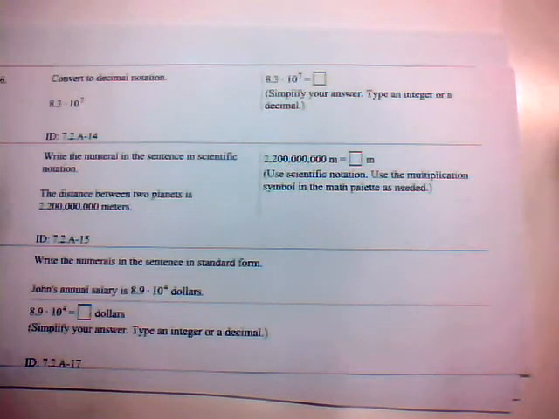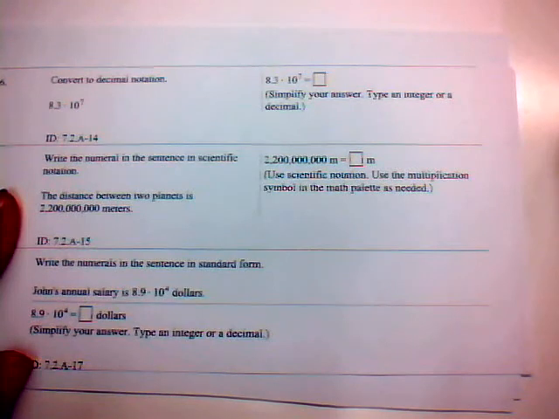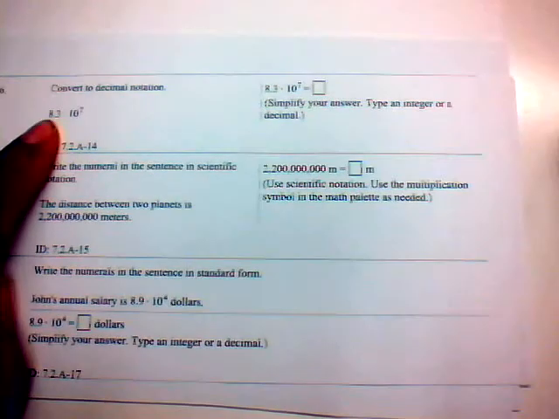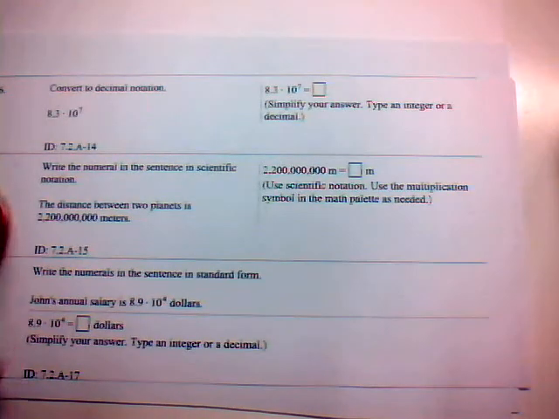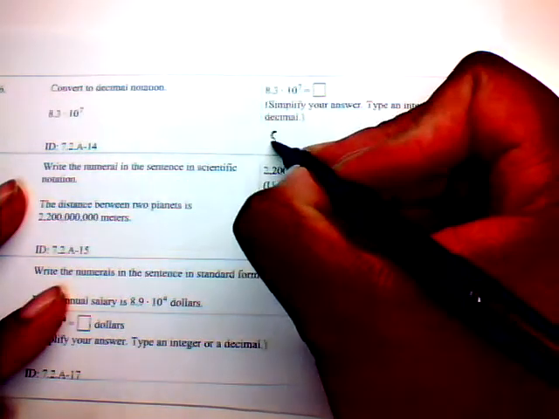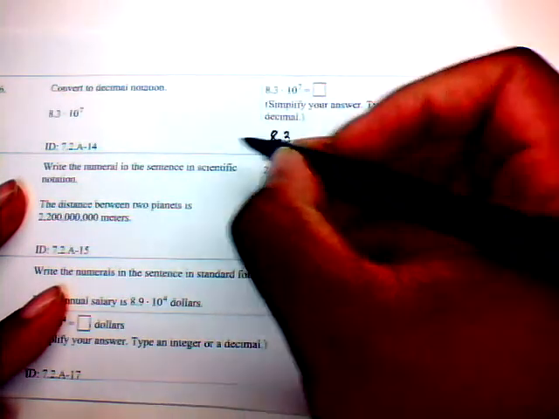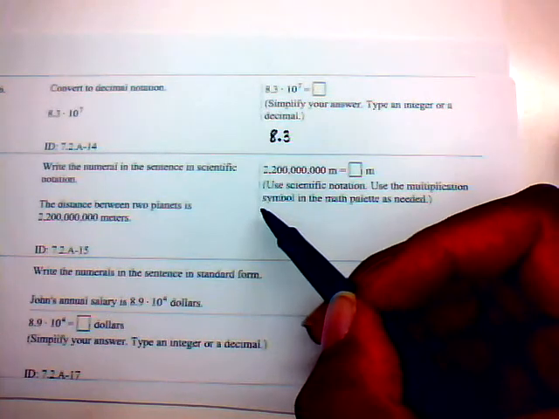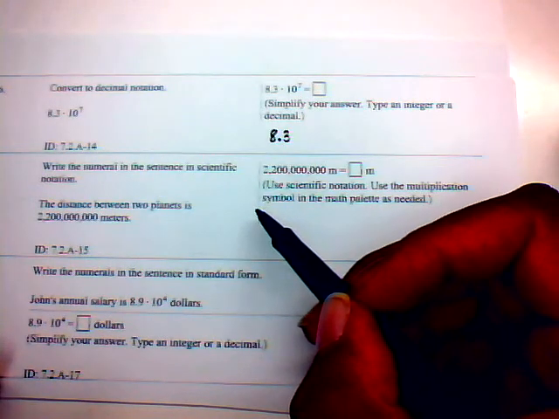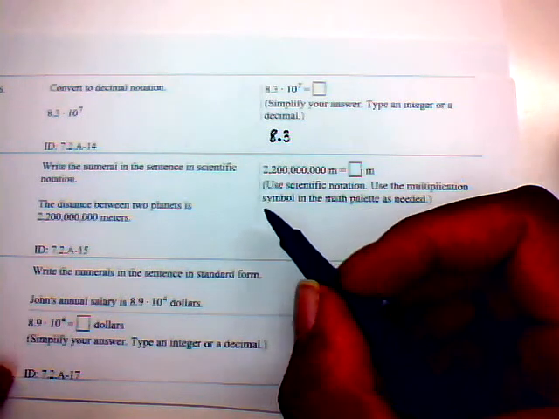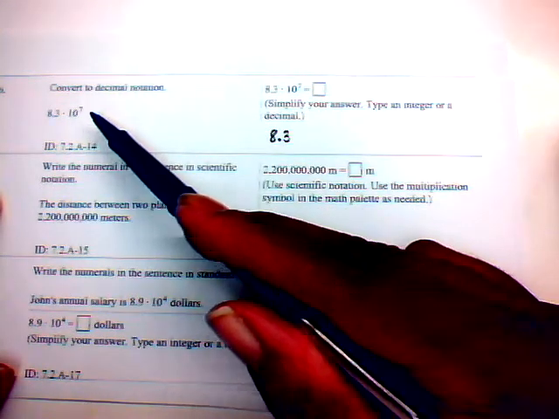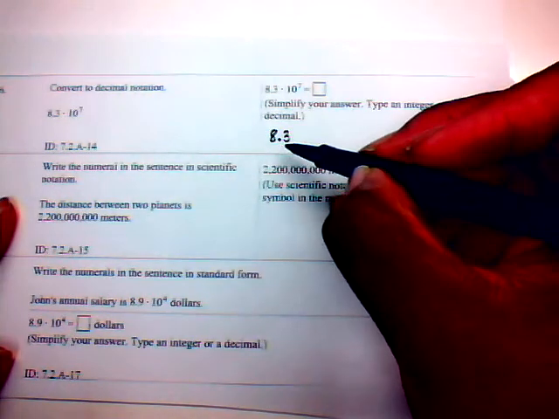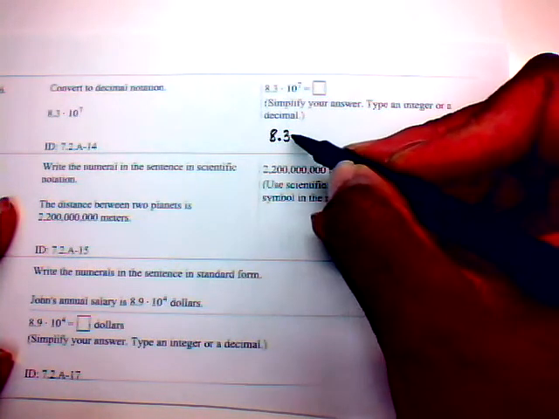Problem number 6. Going to take a number that's in scientific notation and convert it to decimal notation. We got 8.3 times 10 to the 7th. Okay, our exponent is 7. That's going to tell us how many decimal places we need to move to the left or to the right. Okay, and it's a positive 7, so that means we need to move this decimal point in 8.3 7 places